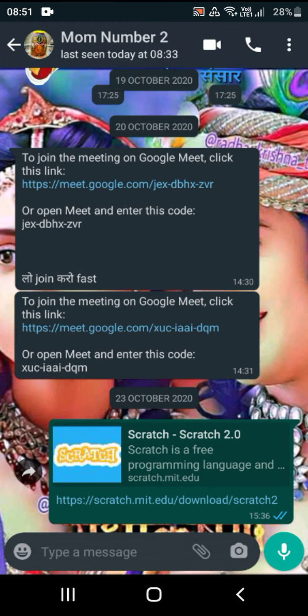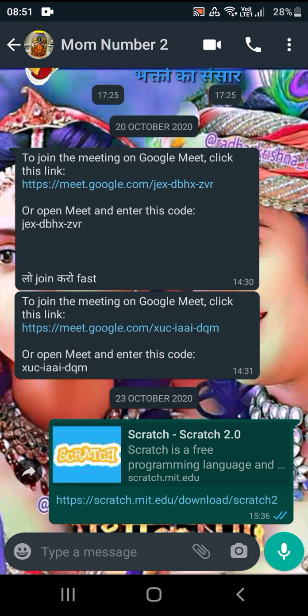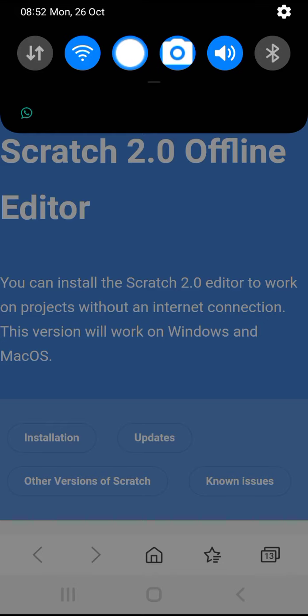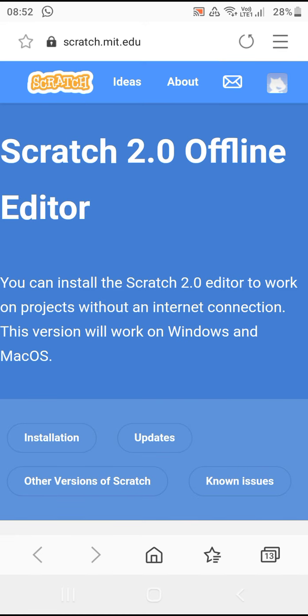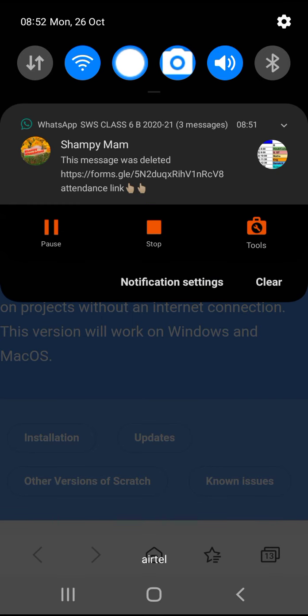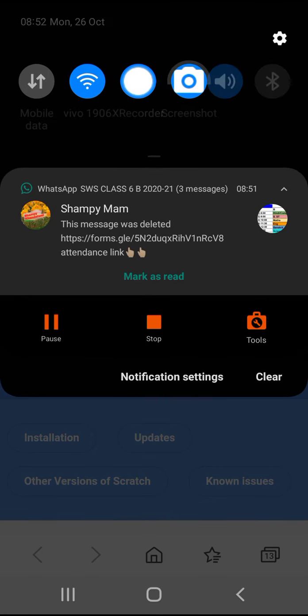So see, when you click on the link, after clicking on the link, the browser will open. If the browser is not there, you cannot do it. See upside, there is an option ideas and about. If you are using a computer, in a computer you are using this link, then the create option must be there. But on a phone, sometimes it will not be there.